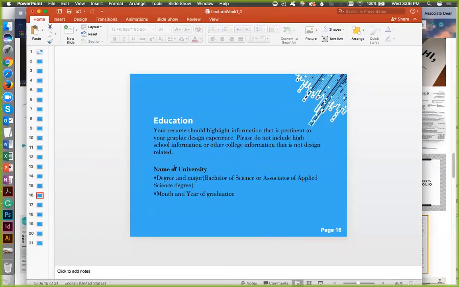Then your education. You're going to make sure that you put your education that is pertinent to your graphic design only, nothing else. You do not need a high school education on here. It is implied because you've already gotten your degree. Okay? So you're going to put the name of the university, the degree, and the major. Now, Bachelor's of Science or Associates of Applied Science.